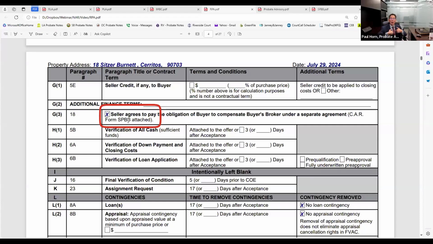But in your purchase agreement, you should perhaps X that box if your buyer wants you to seek compensation, to see if the seller is willing to kick in some money to pay you, the buyer's agent. So for example, you would check that box. It defaults to nothing, so you want to affirmatively check that box.